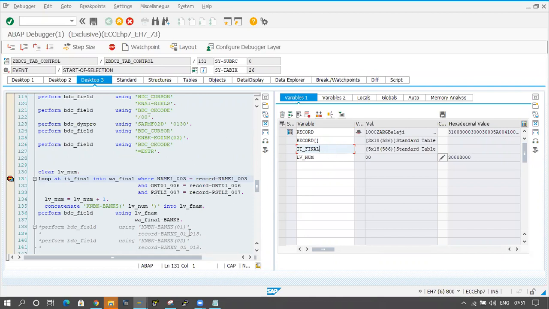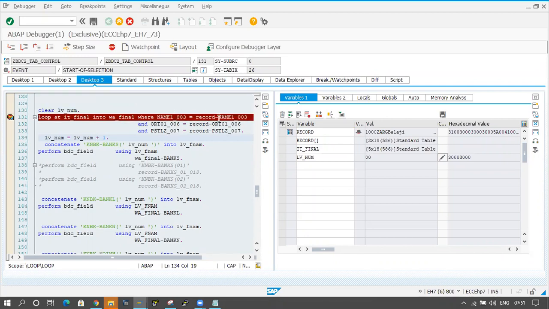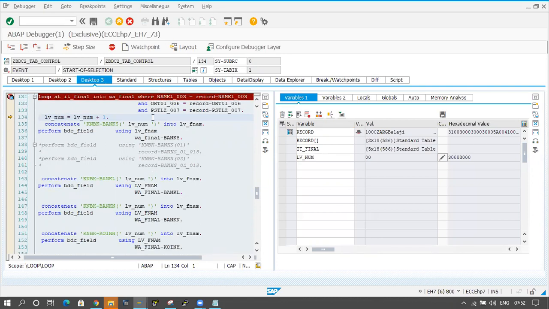Now I am looping the IT final internal table, and here I am taking the input where condition. In the where condition I am passing customer name, customer city and customer postal code, which are coming in the record work area. Fine, click on F5 button. So it is coming inside of the loop. Now LV underscore num equal to LV underscore LV